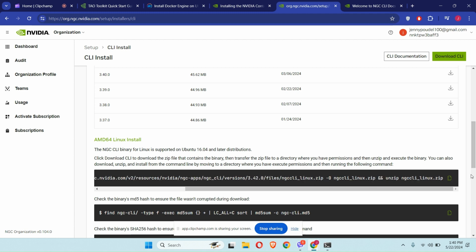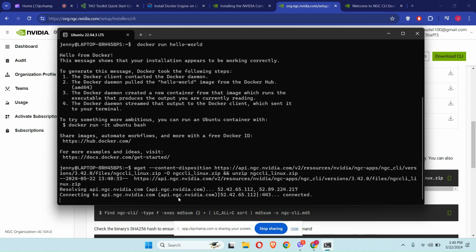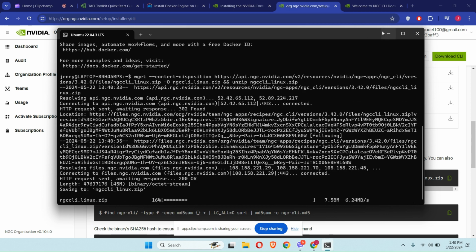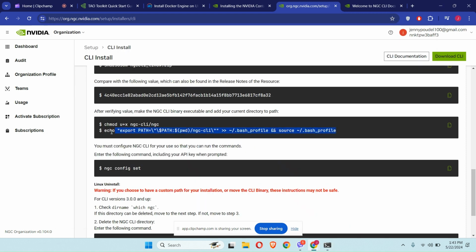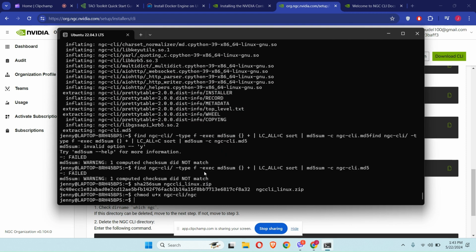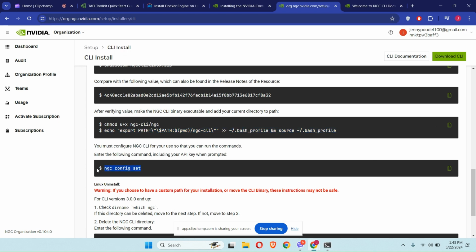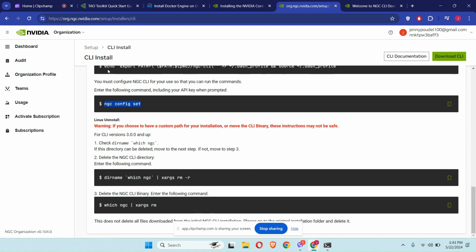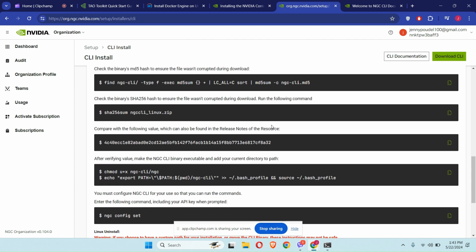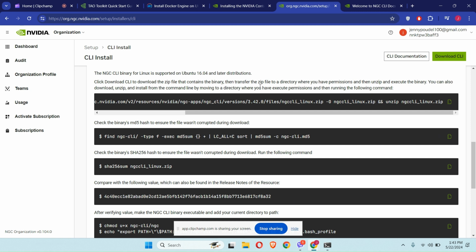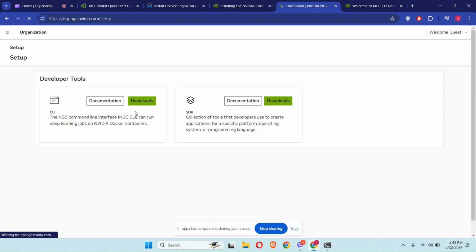I have already installed it, so I might run into some errors, I don't know. So now I will be generating the API key that is required to log in into our nvcr.io website from the Ubuntu terminal. So in order to do that, we will go back to setup and we will go to generate an API key. From this we can easily generate an API key